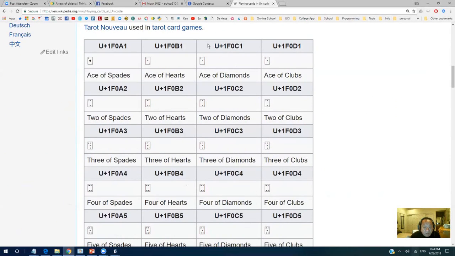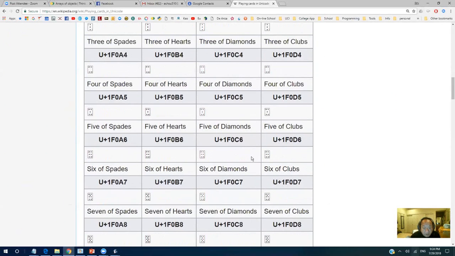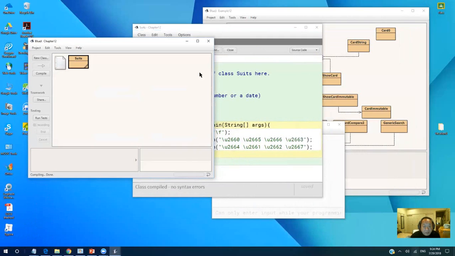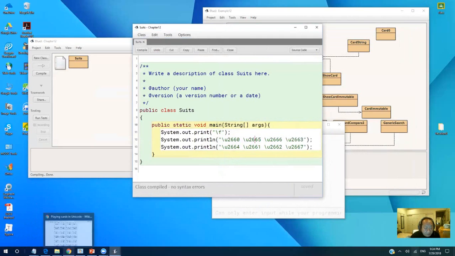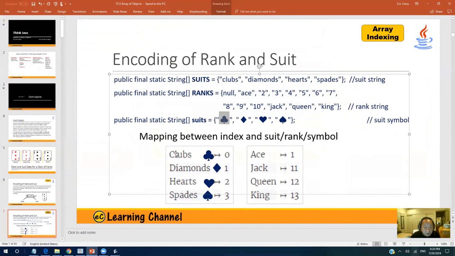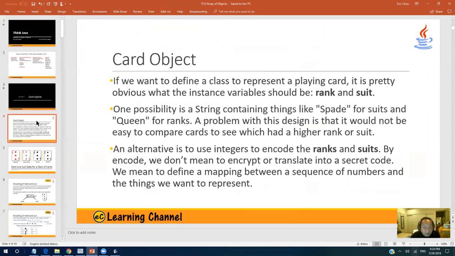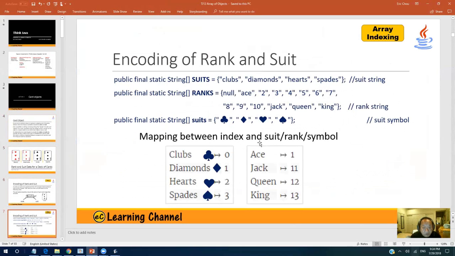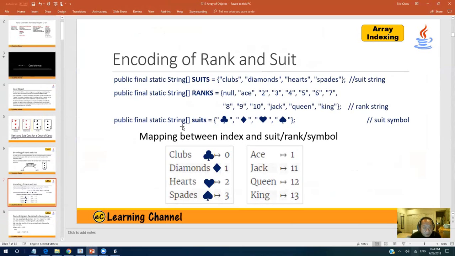Okay, every poker card has its own Unicode. But I don't recommend that because that's too small. Okay, now we are back to here. So we have these different cards through the number we can play around. You need to have a system by yourself for what you want. Either you would like to use string or you like to use symbol. That's up to you. But here, if we use the suit for the file name,